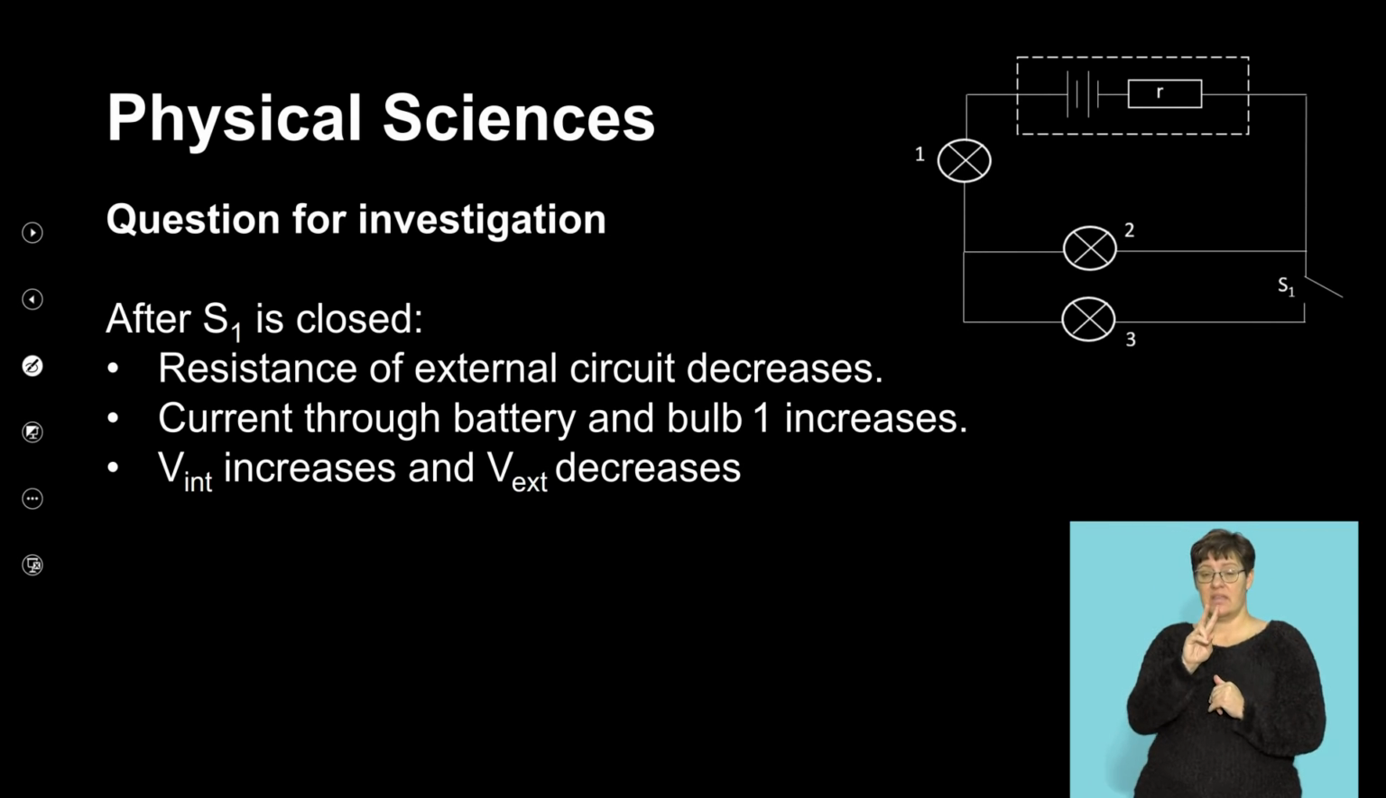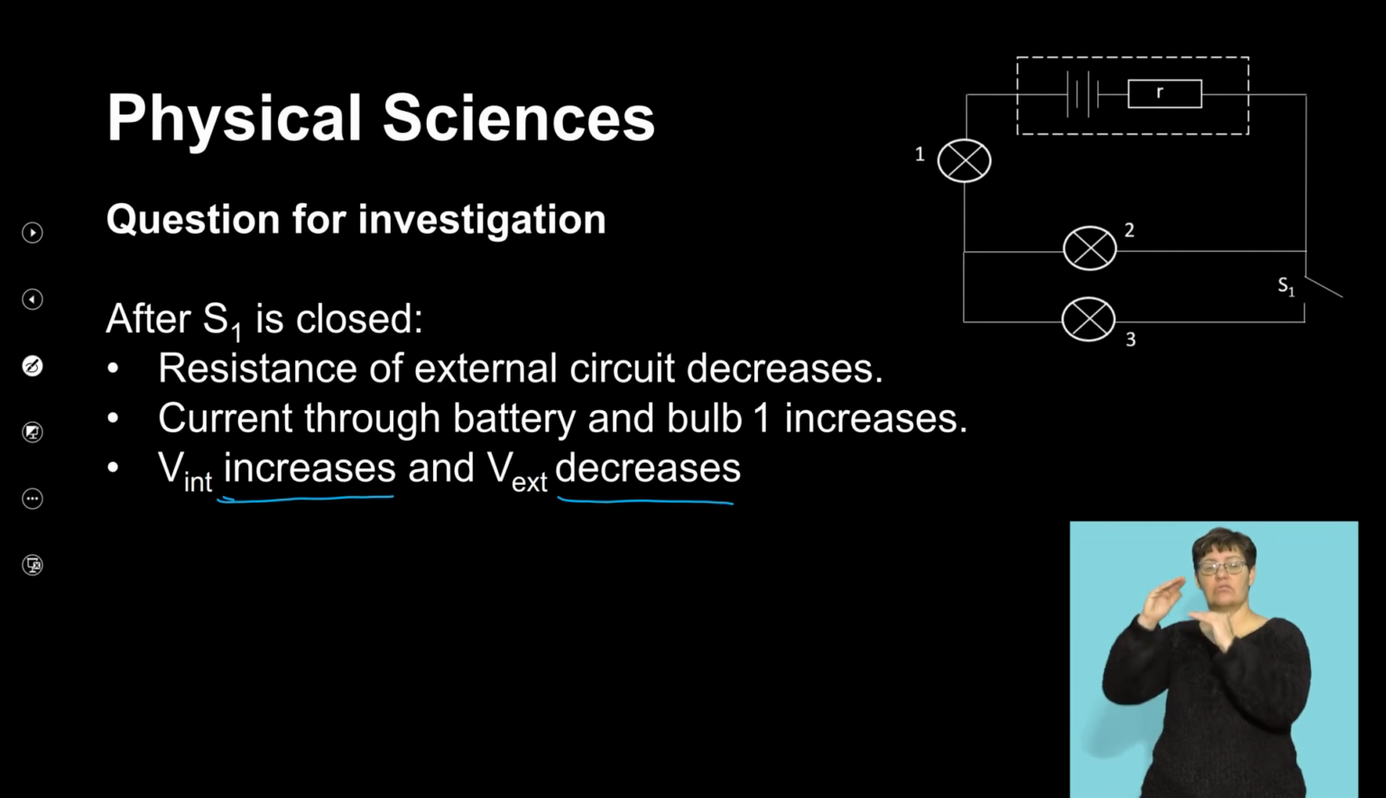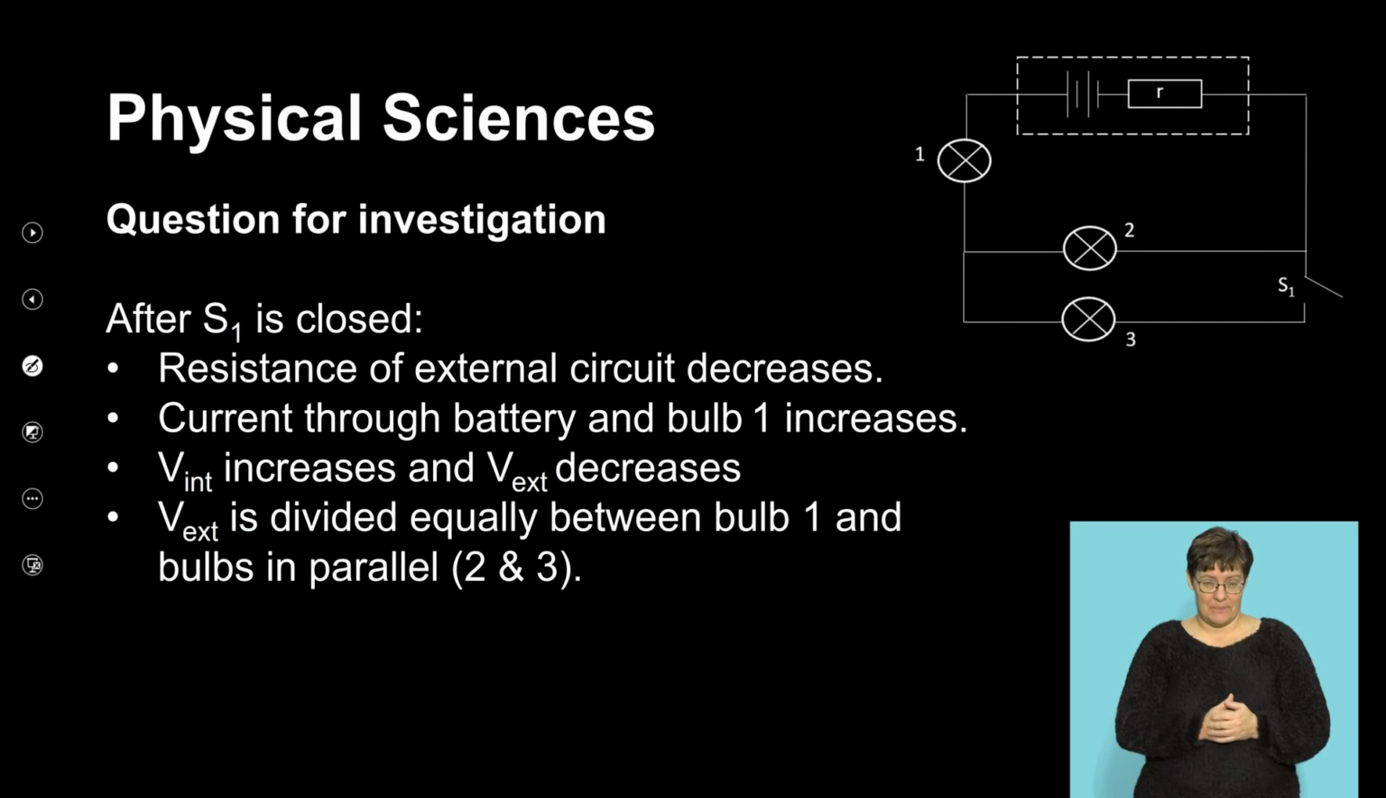We spoke about this relationship. There's an increase in internal voltage and a decrease in what? External voltage. Why does the external voltage decrease? Because the external resistance is decreased due to adding more resistors in parallel, right? Okay, so the V external is equally divided between bulb 1 and the bulbs in parallel, which is actually bulb